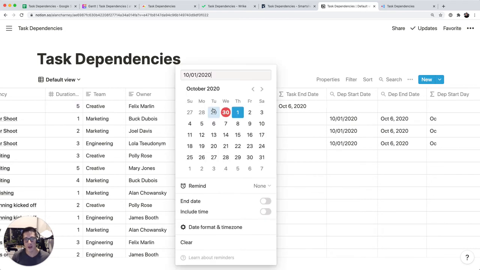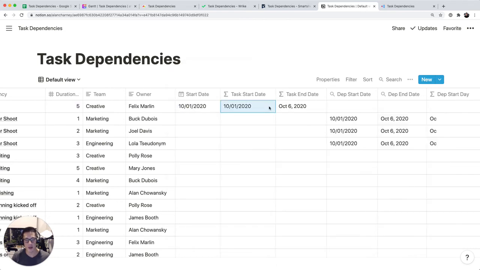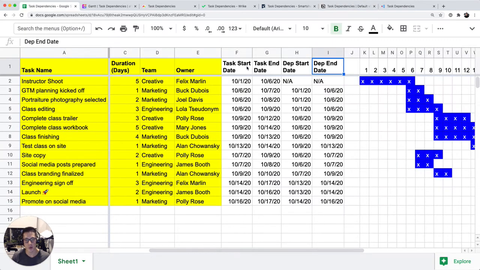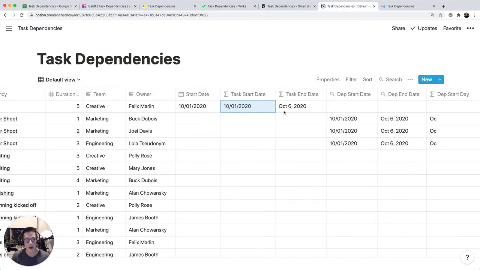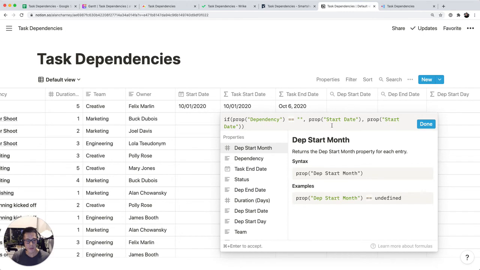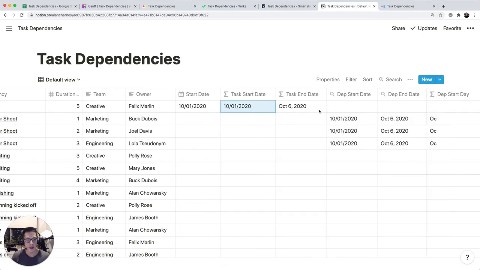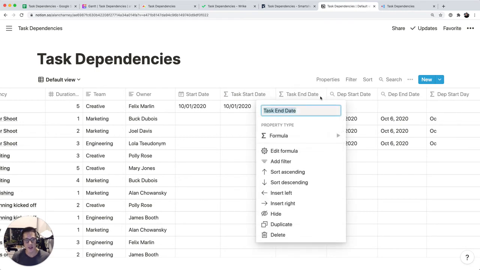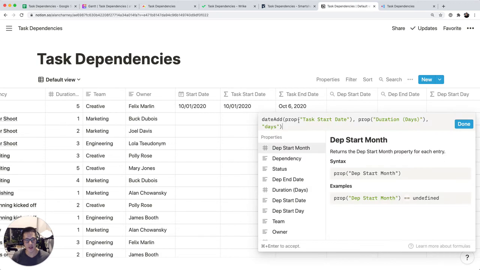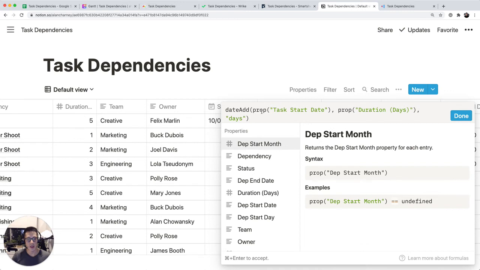So we have start date here, task start date. What I wanted the task start date to be is the same thing as Google Sheets, where we have this cascading number of dates. Unfortunately, I could not figure out the formula. I think it's because, so these two columns are supposed to be formulas. The task end date is a pretty simple formula. It's simply just the task start date. Let me zoom in a little bit. The task start date,